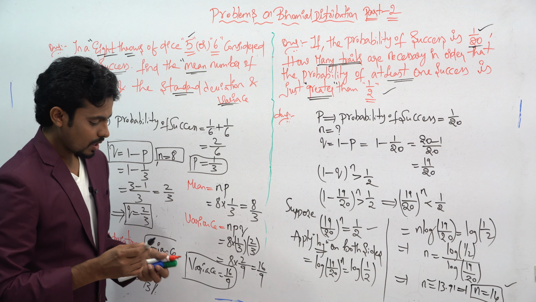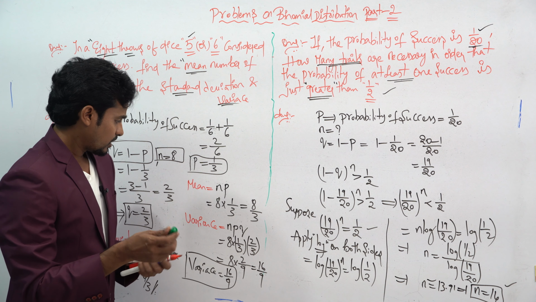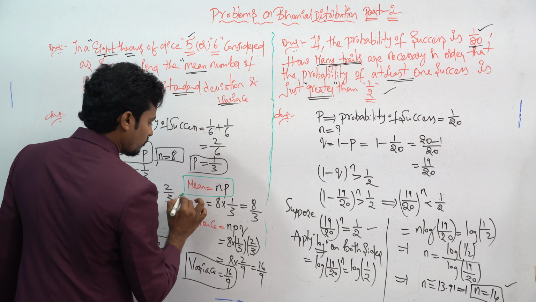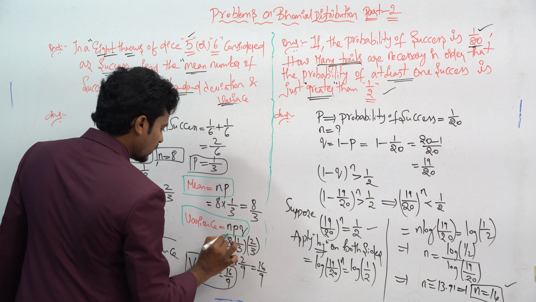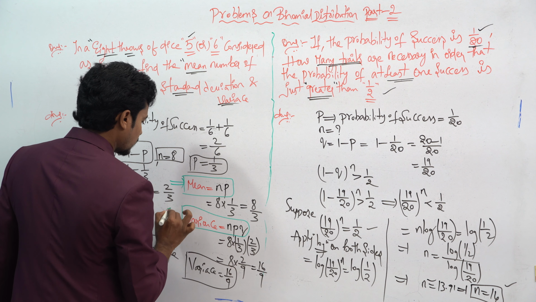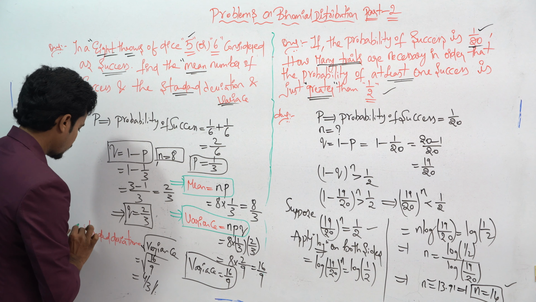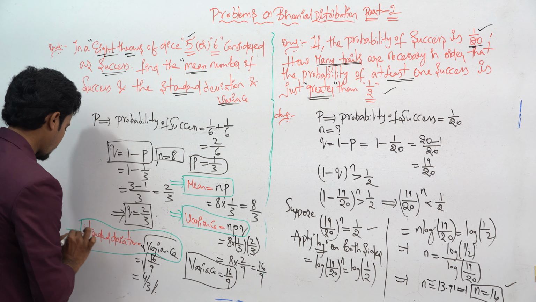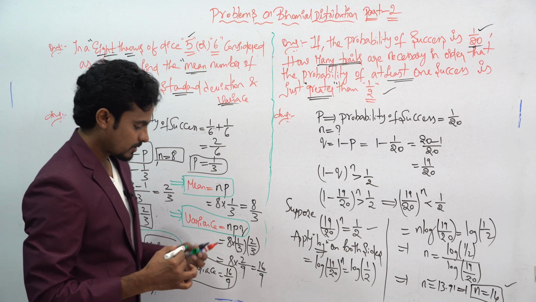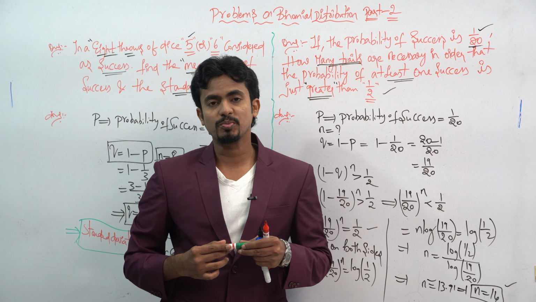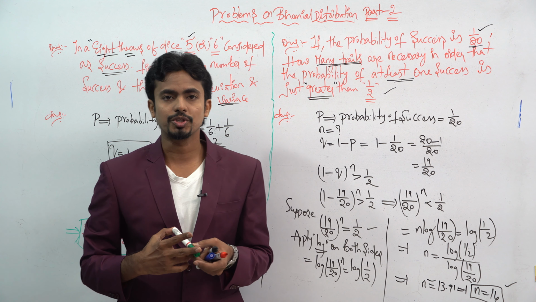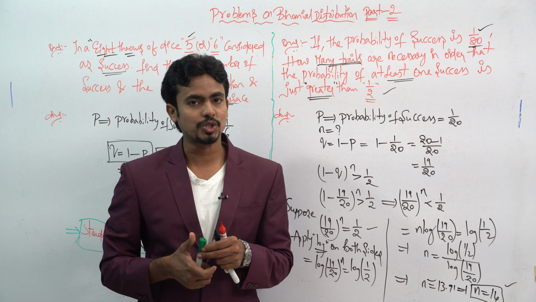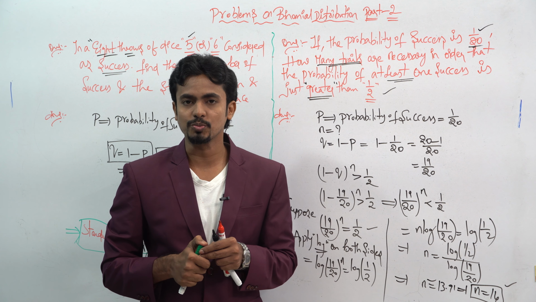Okay, if you know the formulas, this question is not a big deal, but you have to know the formulas. I already solved these formulas in the earlier lectures. If you are new here, just watch those lectures. Okay, in this way we can solve a number of problems based on the binomial distribution. In the next class we will see what is meant by the Poisson distribution and the proof for the Poisson distribution. Okay.